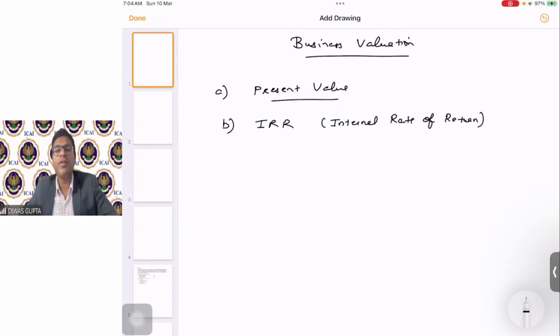Second part is internal rate of return, IRR. In case of internal rate of return, students, the present value of cash outflow is equal to the present value of cash inflow. So this equation holds true at which rate? That rate is called the internal rate of return. In other words, at internal rate of return, you will be at NPV 0, correct? From your previous understanding of capital budgeting, students. And higher the IRR means better the return, because IRR will equate the cash outflows to cash inflows at a present value level.